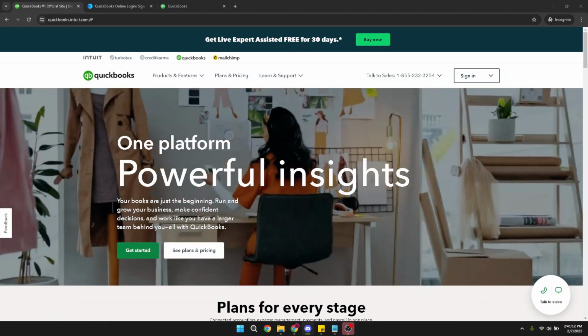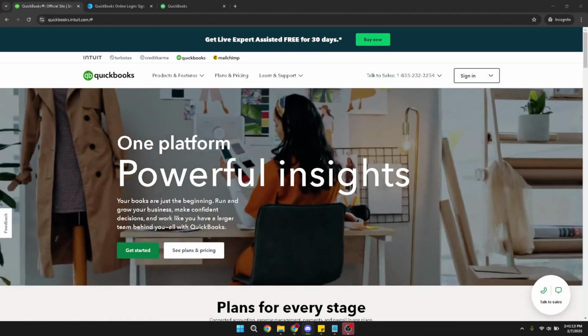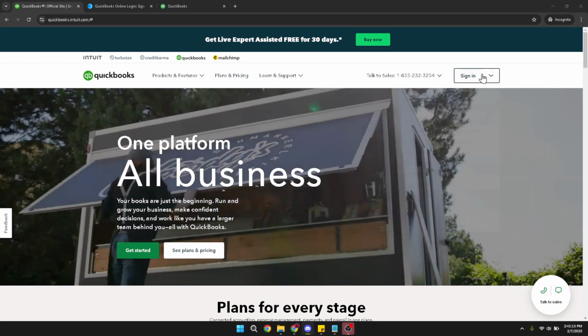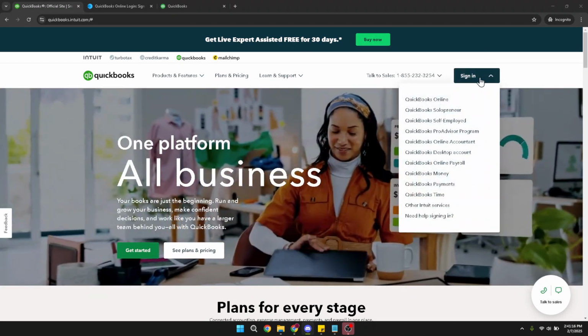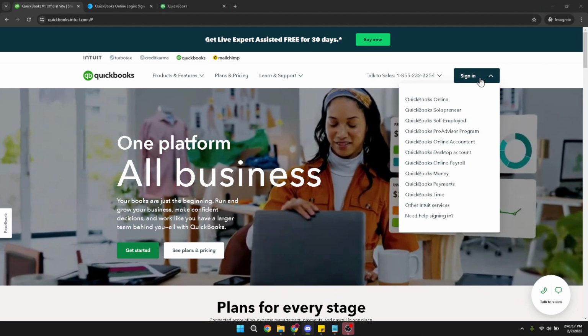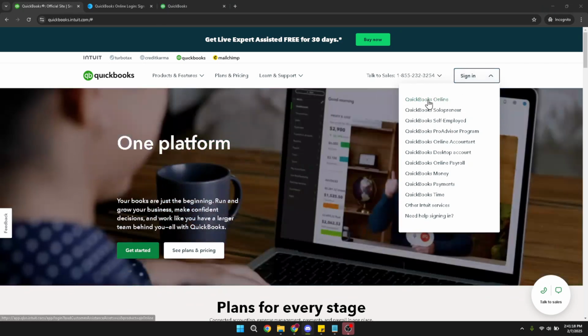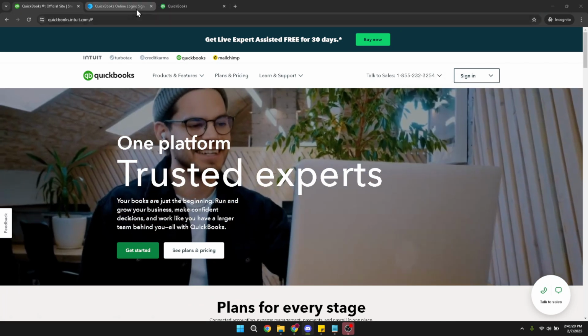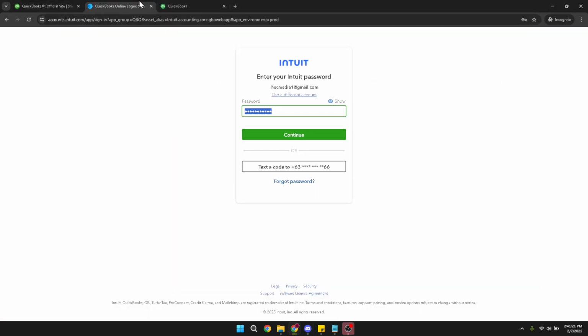First things first, we need to sign into QuickBooks Online. This is where it all begins, so ensure you're connected to the internet and you have your login credentials ready. Quickly navigate your way to the sign-in page, then proceed to select the option for QuickBooks Online. As you do this, make sure you're logging into the correct QuickBooks account, especially if you manage multiple businesses or financial portfolios. You'll then enter your credentials, which usually include your email and password, and click continue.